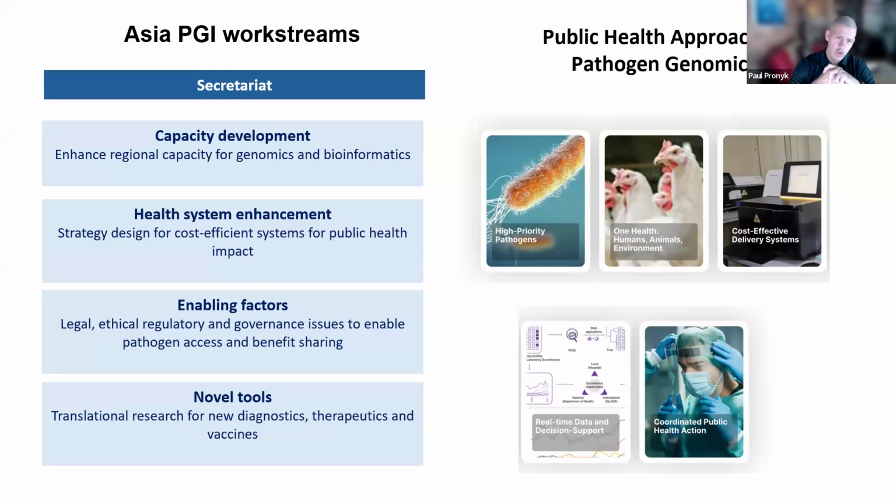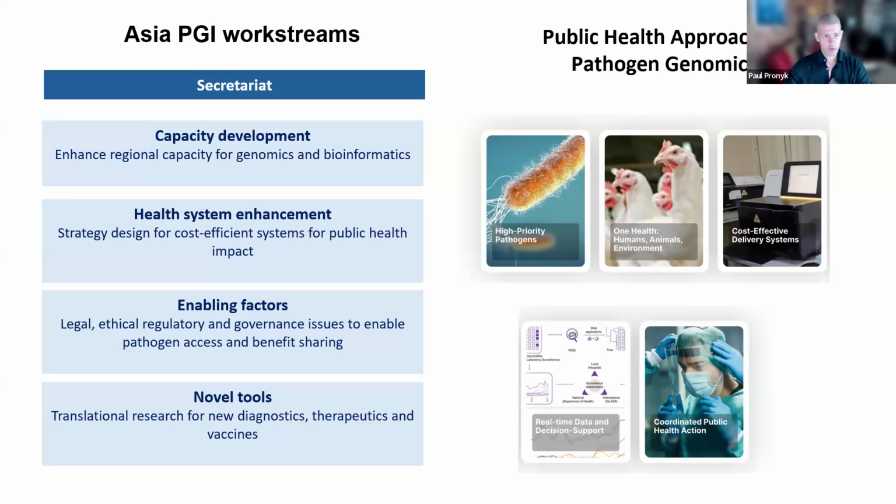We focus on genomics and bioinformatics, but that needs to be embedded within a strong surveillance system with the strategic use of conventional diagnostics as screening tools. We support health system enhancement, which means planning and budgeting for surveillance and laboratory systems, and trying to ensure some of these new technologies can be